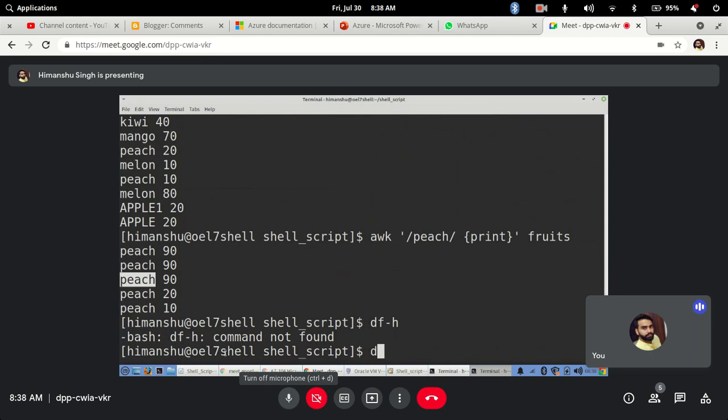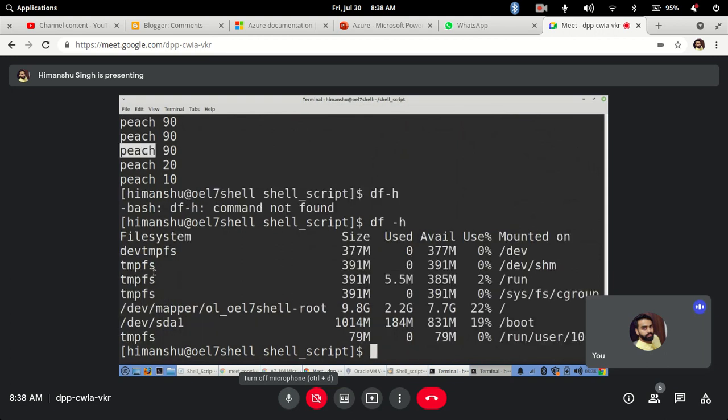So let's say df -h was there. If I give this whole thing as one specific space, it will treat it as one only. It doesn't matter whether there are more spaces or fewer spaces, it doesn't matter with AWK. By default the fields are defined as 1, 2, 3, 4 in that range.